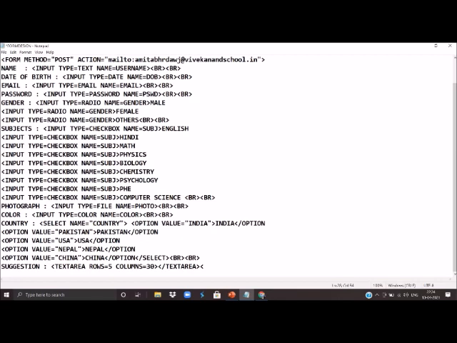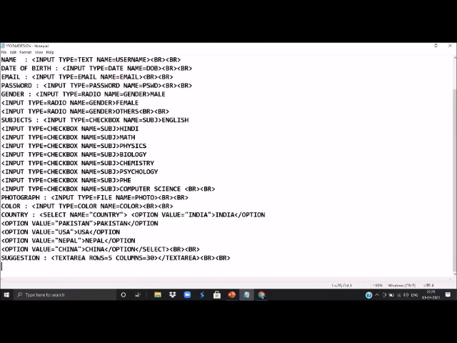After that we can provide the submit button so that the user can submit. For that we will use the input tag only. So we'll copy it from here and paste it here.